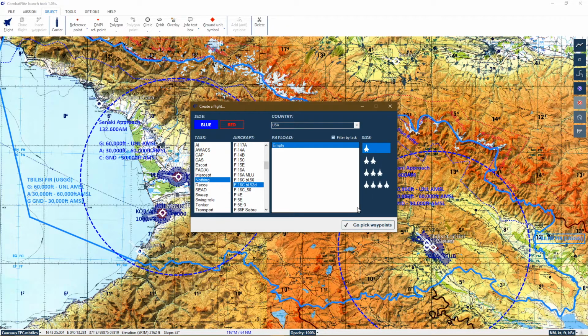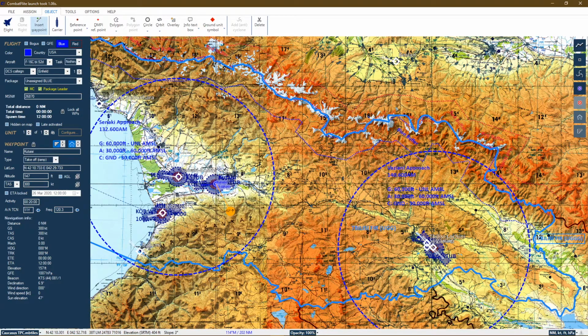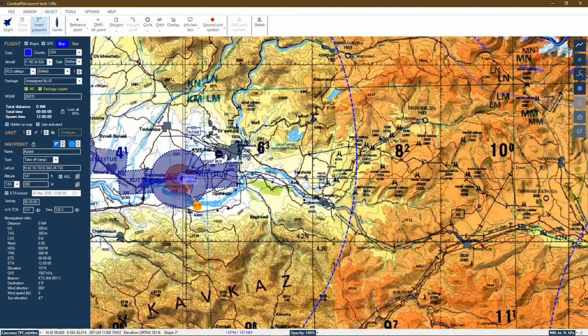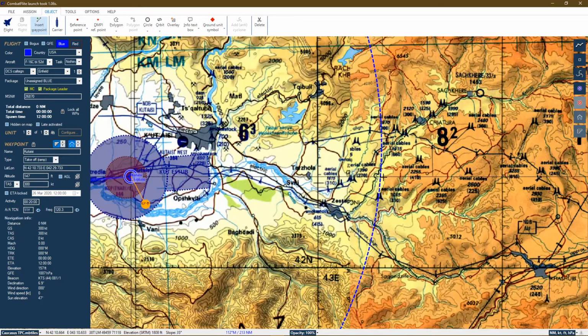Okay, we're going to go to pick waypoints. We're going to put the first waypoint down on Kataisi, and we're going to make that take off from ramps. You can see that here. Okay, now, where's our next waypoint going to be? Well, our next waypoint's going to be over by the